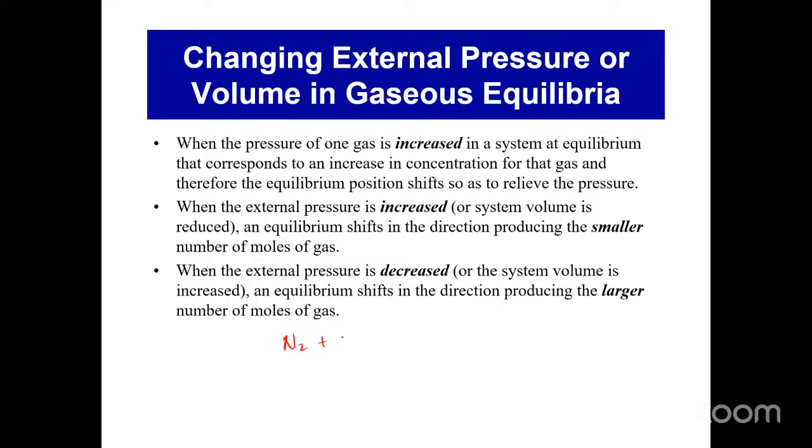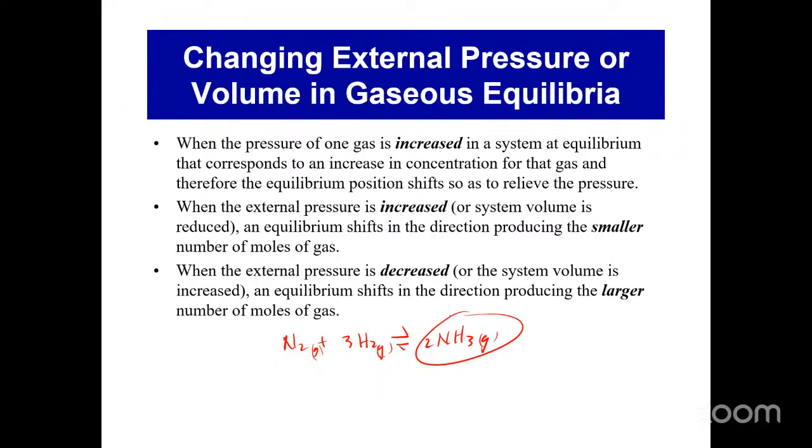So, for example, let me go back to this here. If your aim is to favor the formation of ammonia, which I was talking about last time with my students, then you choose a set of conditions which pushes the equilibrium to the right. If you want to favor the formation of NH3, right? So one of the things you can do is increase the concentration of nitrogen or increase the pressure, which increases the concentration of nitrogen,